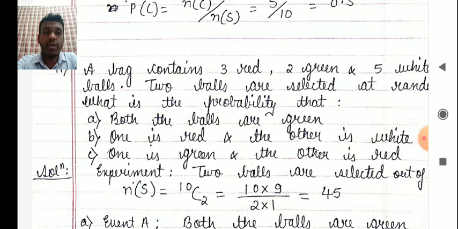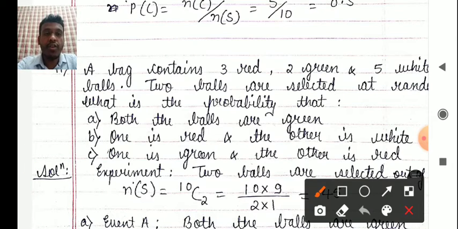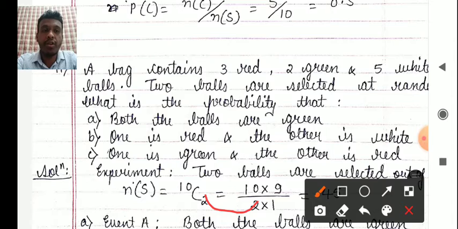So once you know the numerator, the denominator can very easily be found out. Denominator starts with this, so 2 will come here, and you have to go up till 1, reducing one number at each step, that is 2 into 1. In this case, had the denominator been 3, it would have been 3 into 2 into 1. If the bottom number would have been 5, it would have been 5 into 4 into 3 into 2 into 1. So this is how you have to solve combination problems. If you have any difficulty, I'm sending you one more video about only combinations for your knowledge, because this is needed for further modules also.